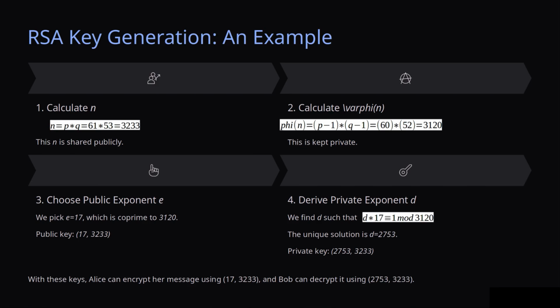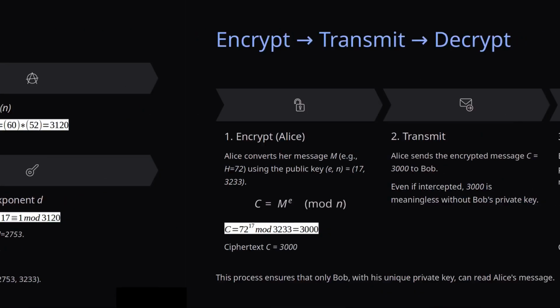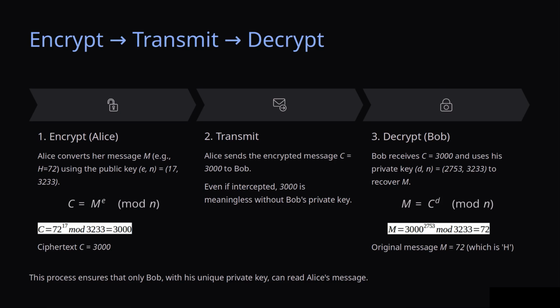So now that we have our keys formed, the public key 17, 3233 is the one that Alice uses to send her message to Bob, and Bob decrypts this message using his private key, 2,753, 3,233. So if Alice now wants to encrypt her message,